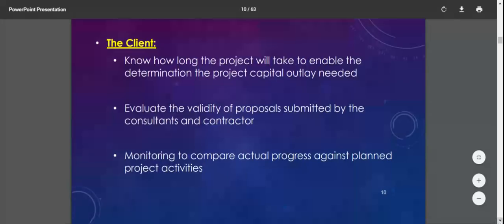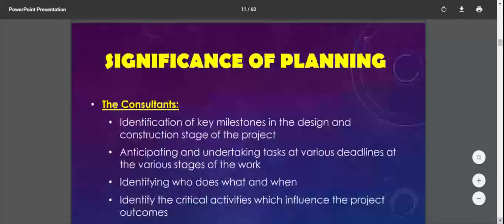The client evaluates the validity of proposals submitted by the consultants and contractors, because the client should know where his or her money goes. The client can also monitor and compare actual progress against planned project activities, so the client should be updated on the project progress.